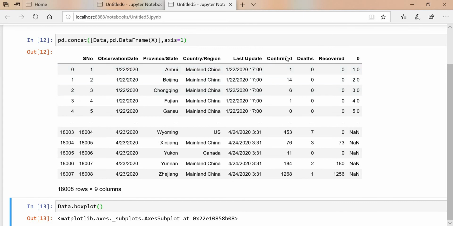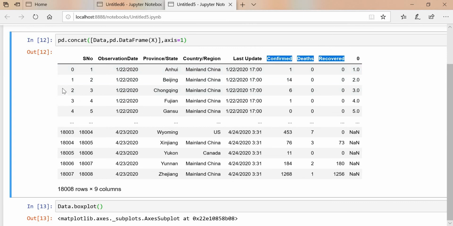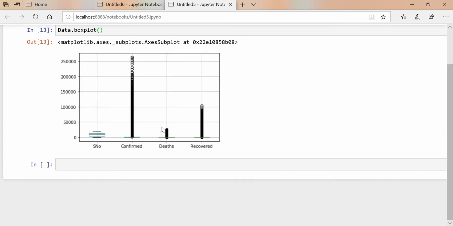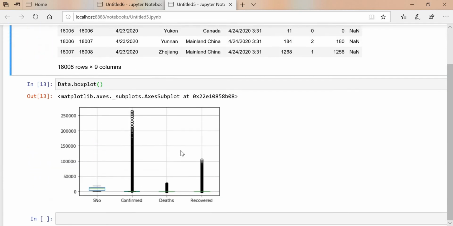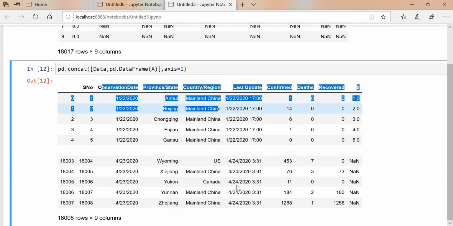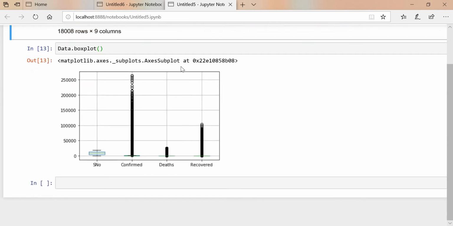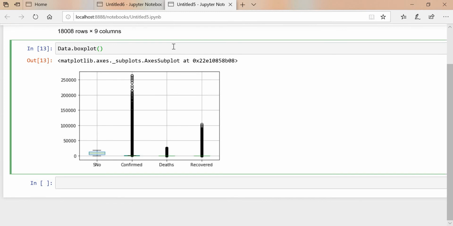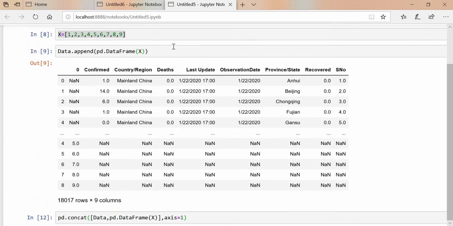So in box plot we are getting only the numeric data, not the string values. So just remember those things. If you want to make any box plot, you have to give the numeric data only.